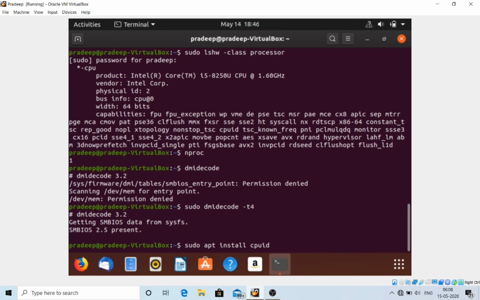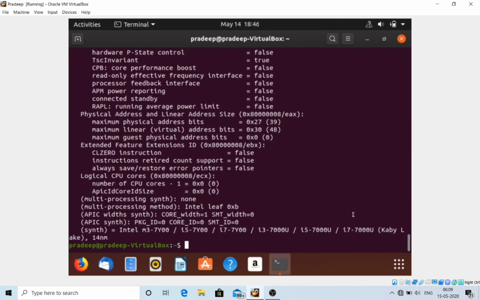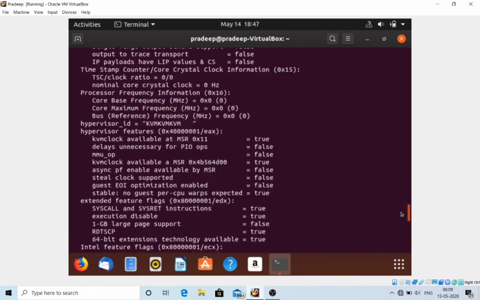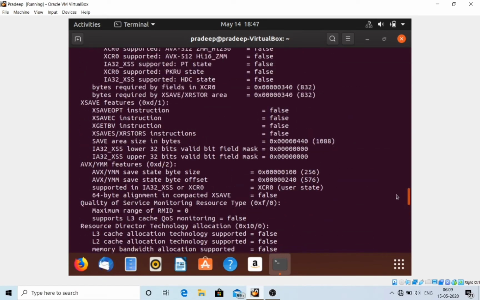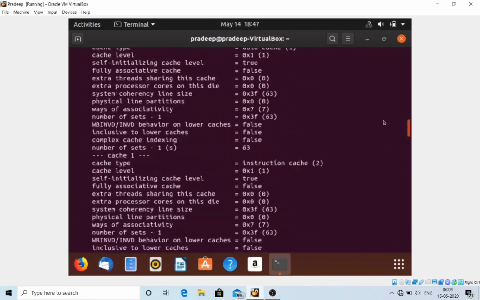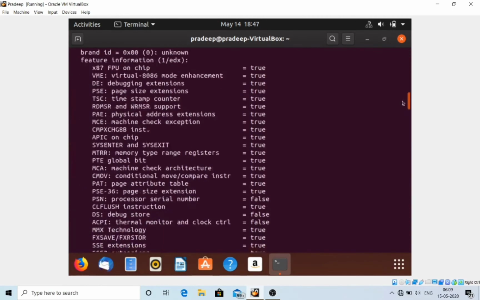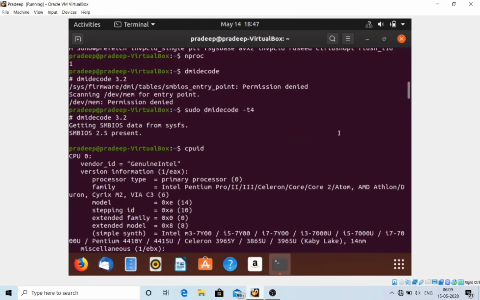I have installed it already, so I use the command cpuid directly, and this command fetches information about Intel and AMD x86 processors. So you can see here it shows the complete information about the Intel CPU, vendor ID and so many things.